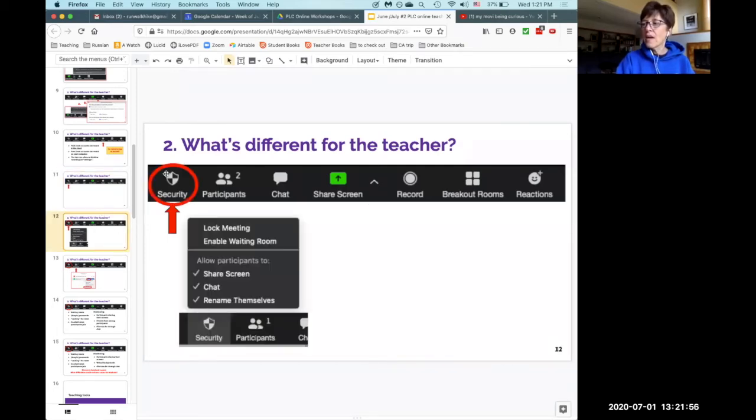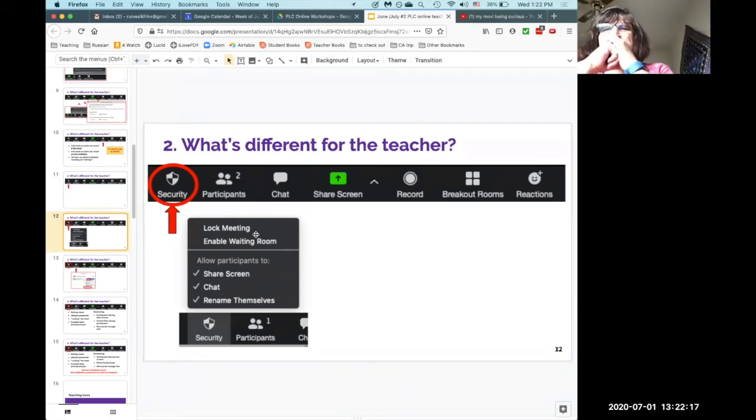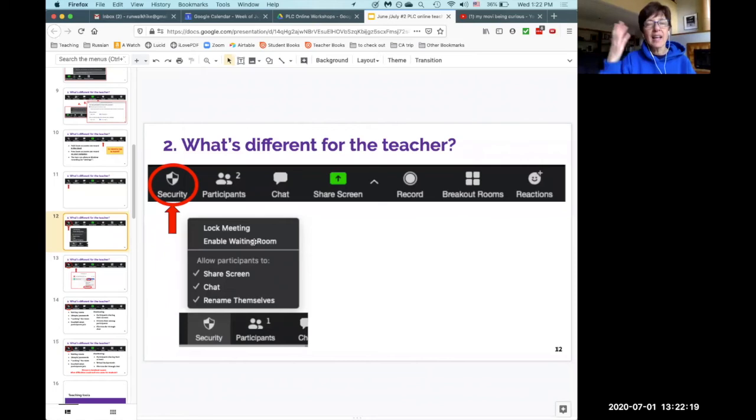So there is a button. This button appeared sometime at the end of April in Zoom, called Security. And when you click on that, as a host, these are the options that you get. You can lock the meeting. If I were to lock the meeting now, no one else would be allowed in, which would have been a problem for whoever just joined. Enable the waiting room, so you can see who you're letting into your class before you actually let them in. Allowing or disallowing